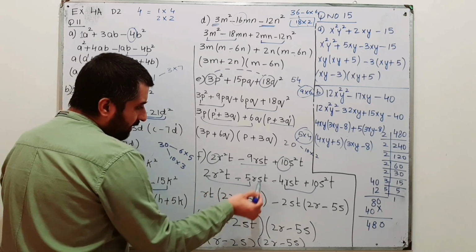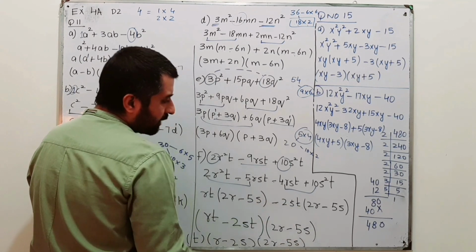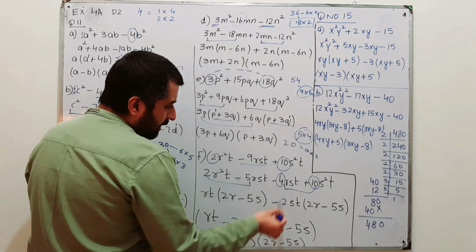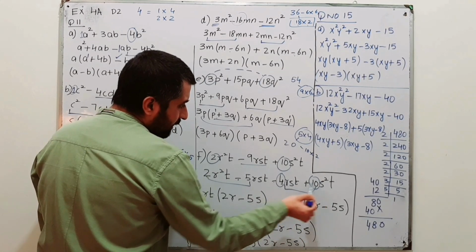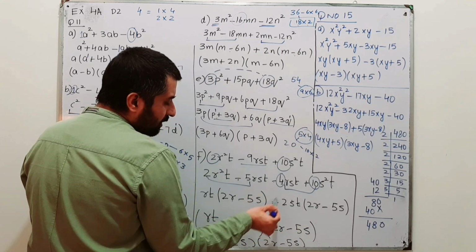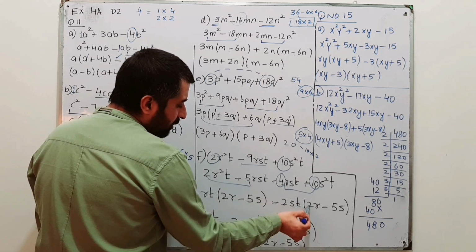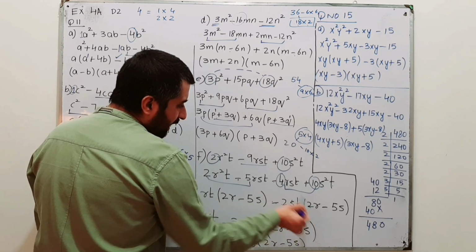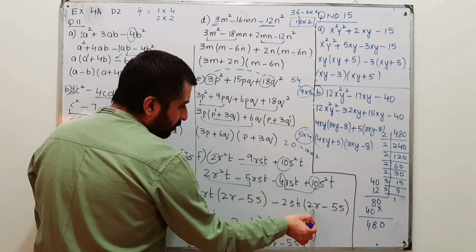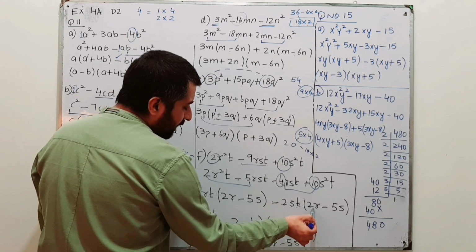From the last two, we are left with 5s minus 2s, t is taken out as common, because 2 is a common factor of 4 and 10. S is common, t is common. So 2st is common, and minus is also taken out as common. So when 2 is taken out as common, 2 times 4, r is inside the bracket, s is outside the bracket, so you need not write s over here, and t is also taken out as common, so we need not write t over here.